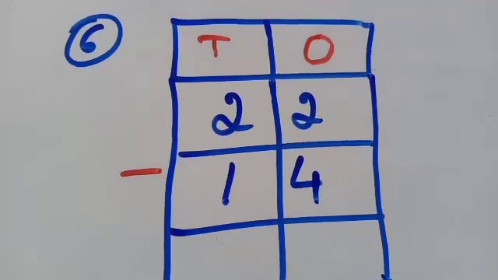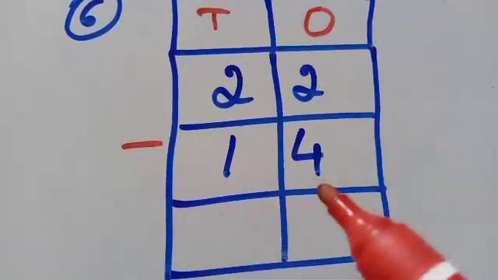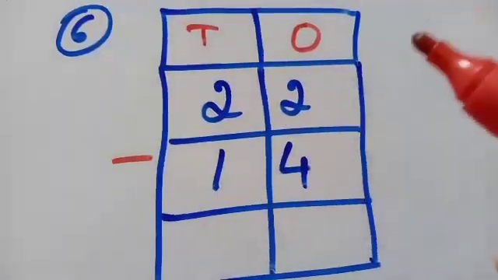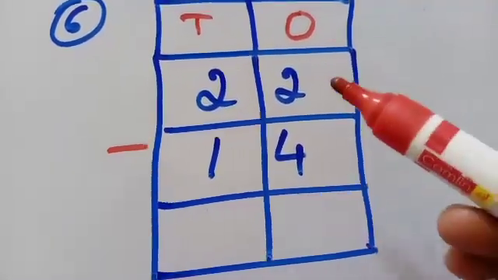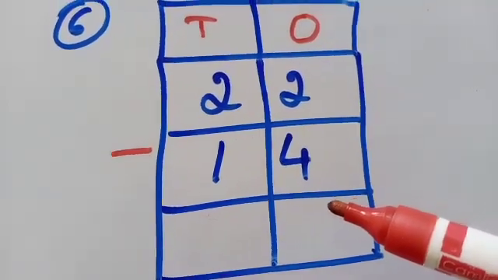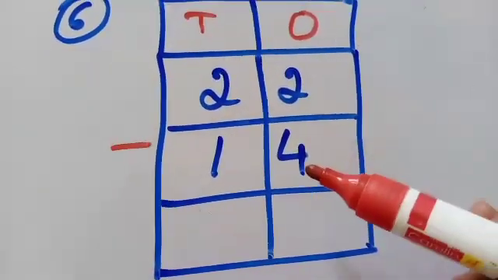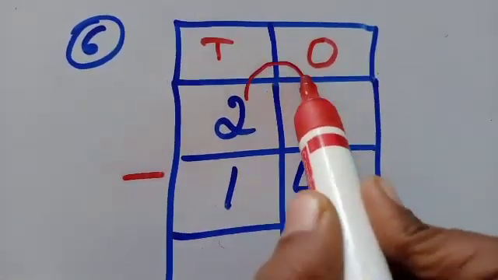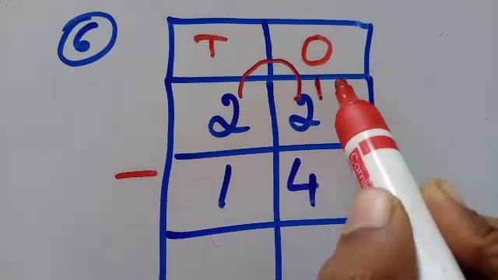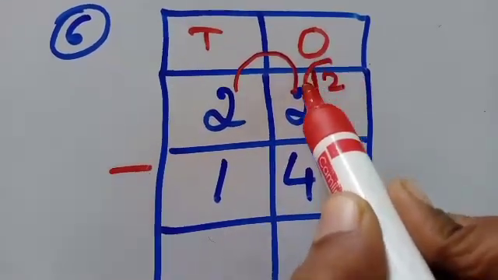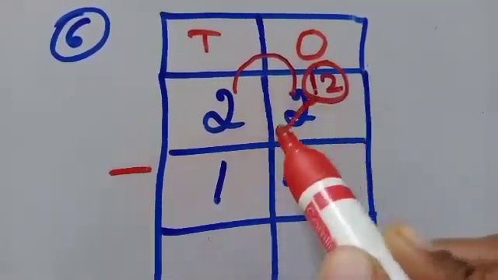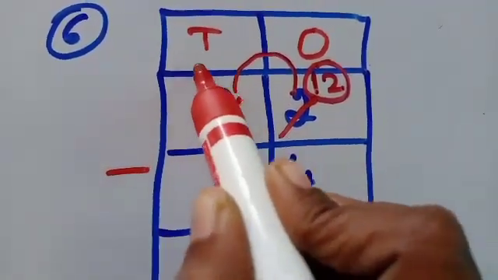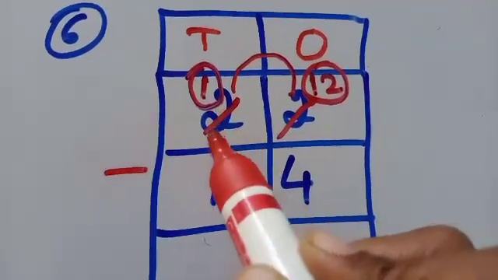So now we have to write 22 minus 14. How to write? 22 minus 14. So here 2 minus 4. Is it possible, children? No, it's not possible because 2 is small, 4 is big. So what do we have to do now? We have to borrow 1. The same number we have to write, that is 2. So now it has become 12. Strike out this number, and here 2 minus 1 is 1. How much is left here? It is 1.